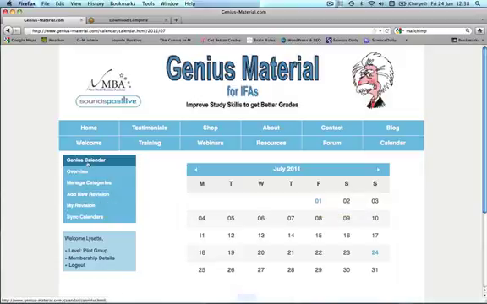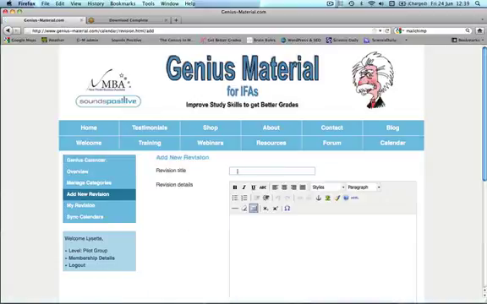Okay, so let's add a revision. Let's say that today I have done some revision. Let's say that I've been looking at OEIC, and let's say that I'm going to put that into the system to let the system know that I've done that today. So you click on Add New Revision. Revision title,